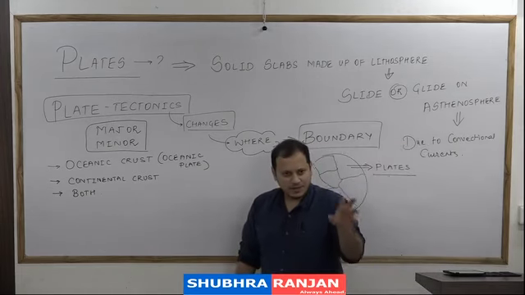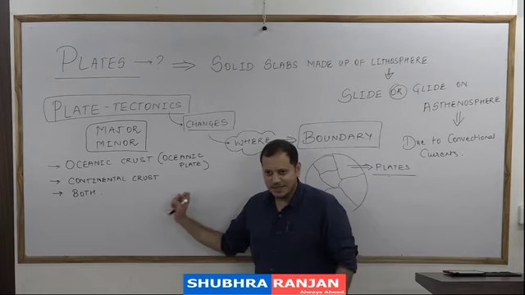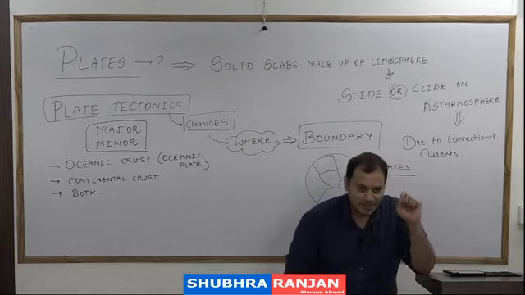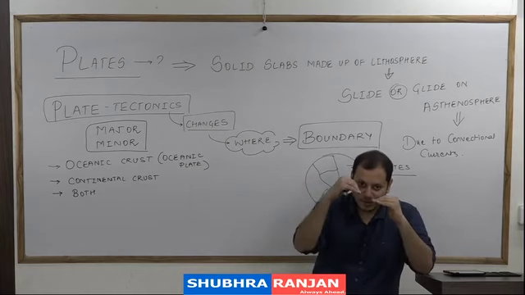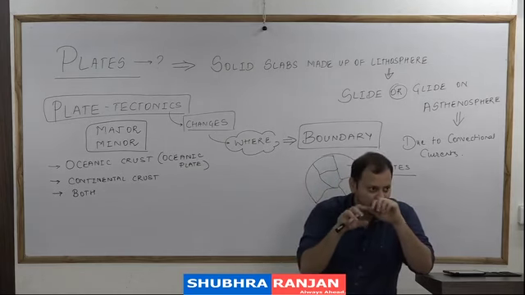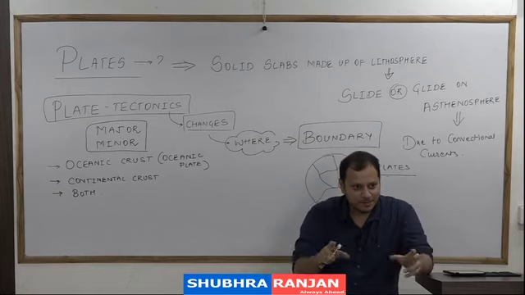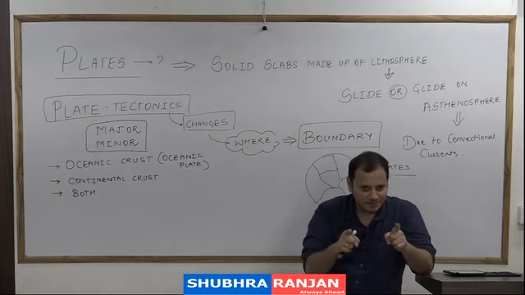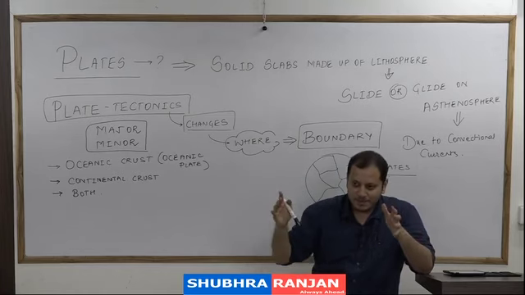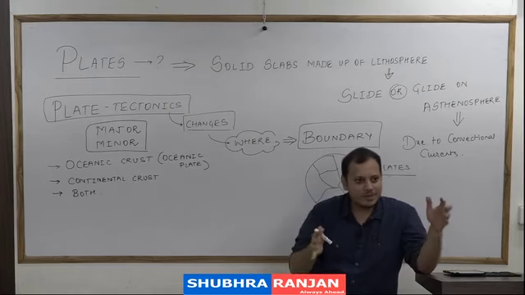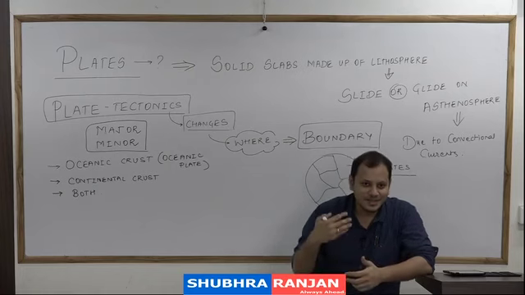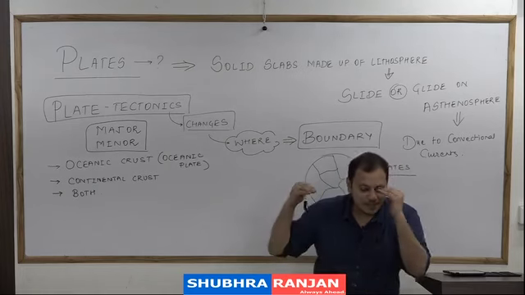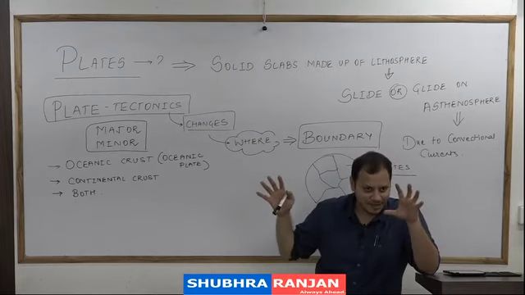Now I'm asking you, if there are two plates, an oceanic plate and a continental plate, which has more density? Oceanic plate. So in case they are meeting, which plate is going to go below? Oceanic plate is going to go below. There is another case: both plates are a mixture of oceanic and continental crust, but in one plate oceanic crust is more and in the other plate continental crust is more. So whose density will be more? The one in which oceanic crust is more, and thus which plate is going to go below then? The one in which oceanic crust is more.